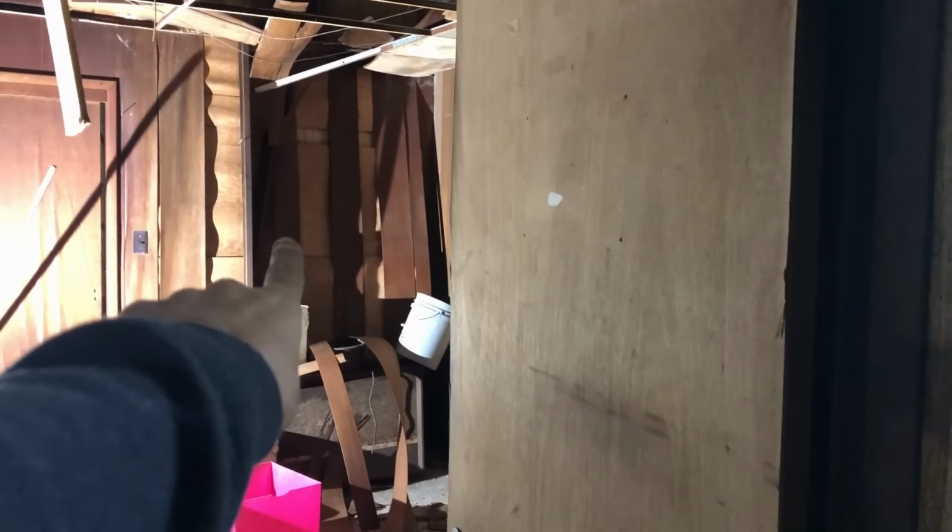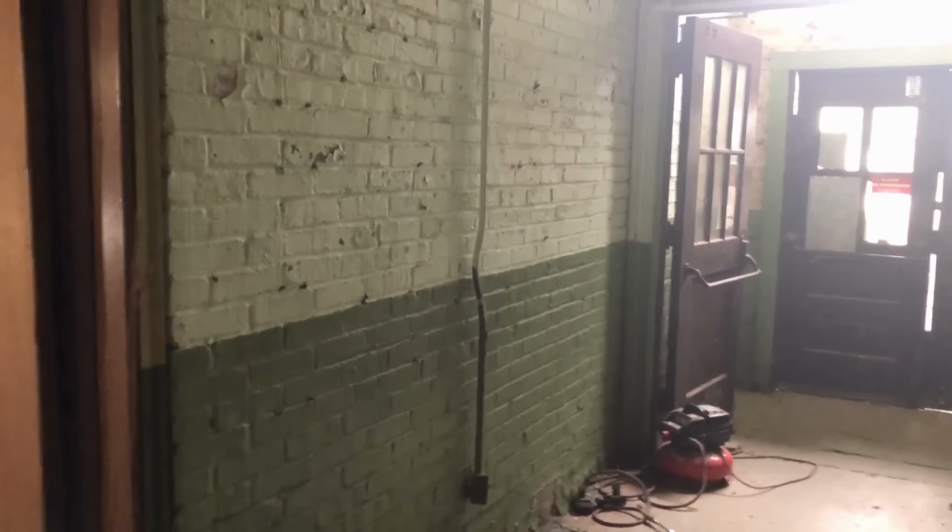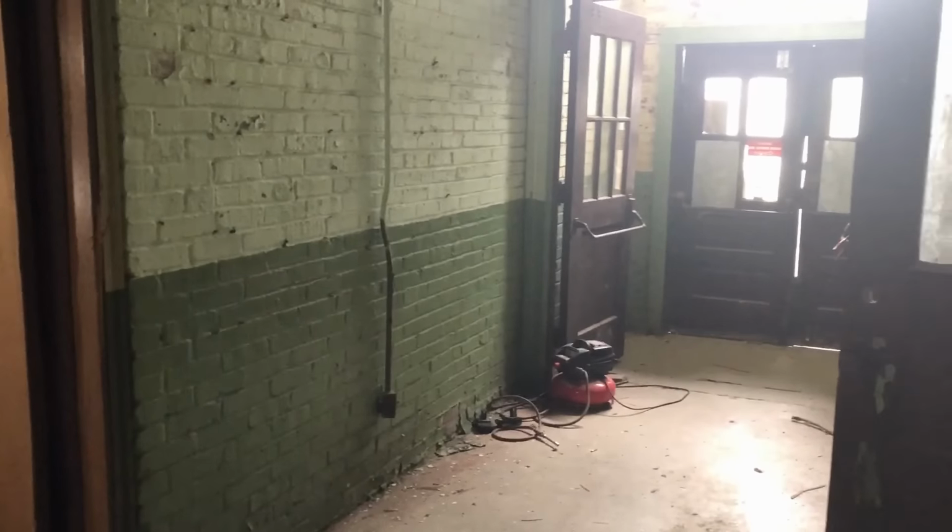We can put the door to access that bathroom right here. And then we can continue this firewall across all the way to there. And then, yeah, we will have an operating bathroom. We will have a completely sectioned off